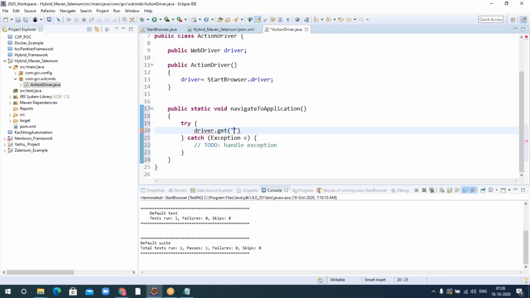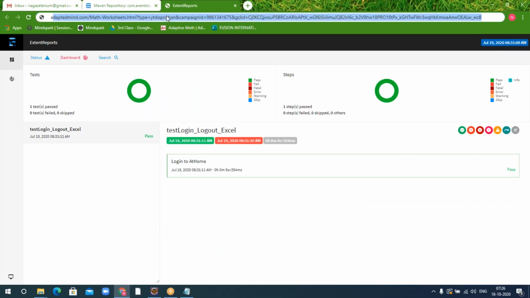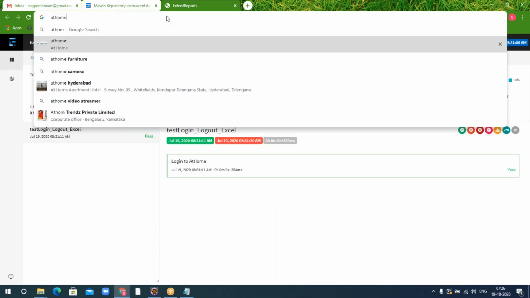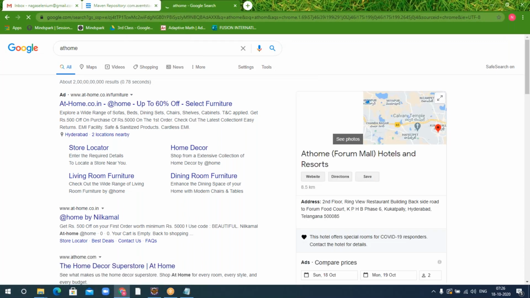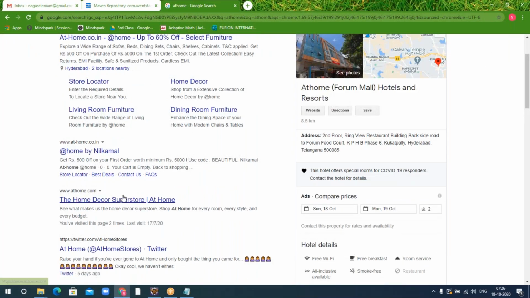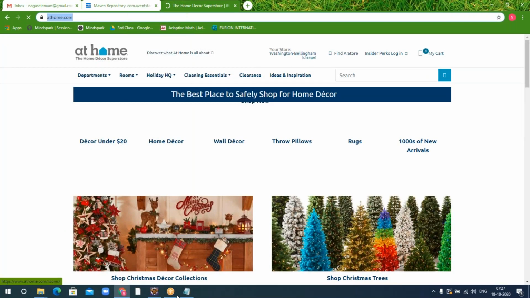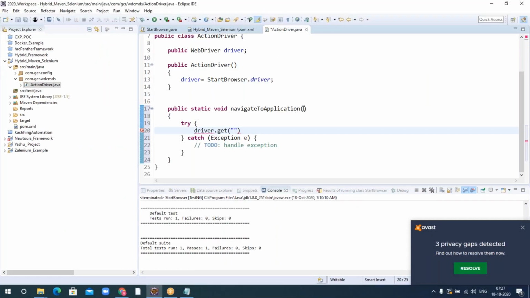I know which application I'm going to write for: Orange HRM. In this application, we'll just try to log into the application and log out of the application. The application URL is what I'll give here. Or else I can parameterize this one as well. Let me do the parameterizing so that you do not have any confusion. I'll just write String URL. So simply we'll just give the URL here.